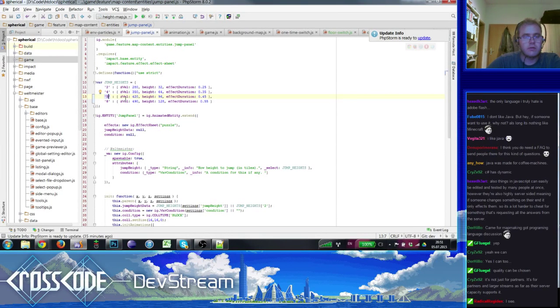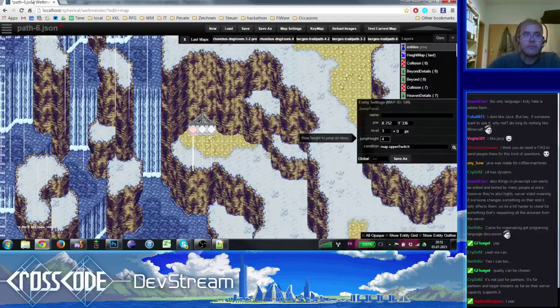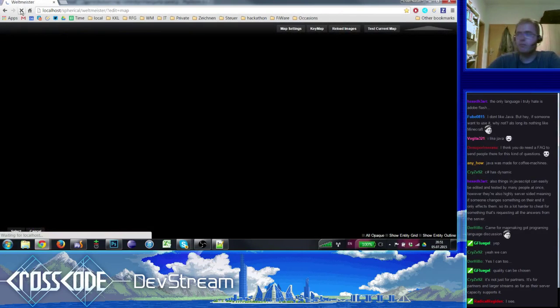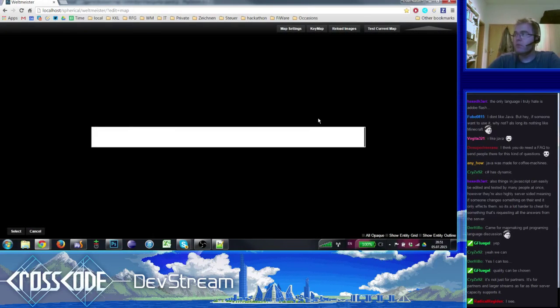So let me check. I think Henne actually used this in his map. That's a problem because it should be renamed to 5 then, not 6. Or maybe it is 6, but it's used for 5. That probably will work too. Let me check. Whatever, I will just take this, and yeah, these are 6 tiles and it works. So it's probably 6, it's not 5, I think. But why does it work with the height?